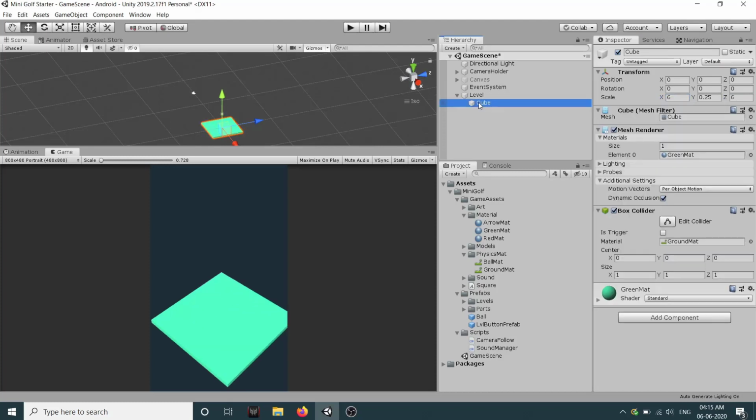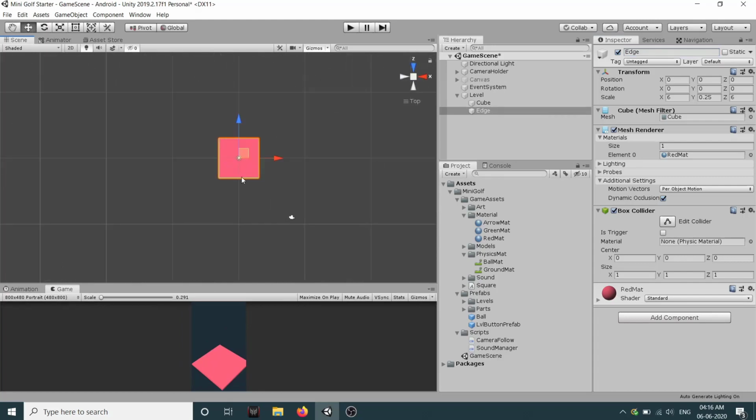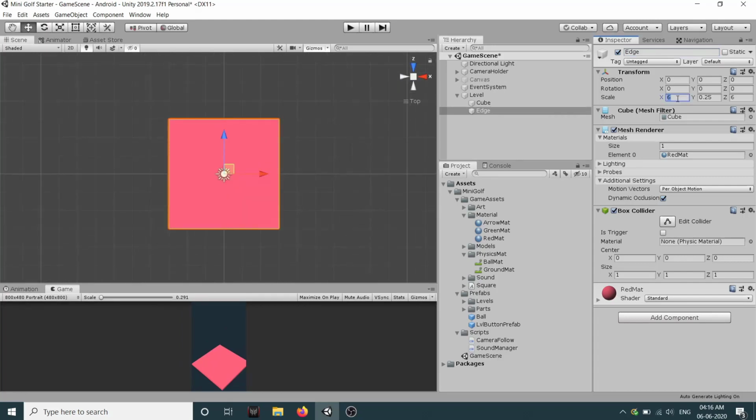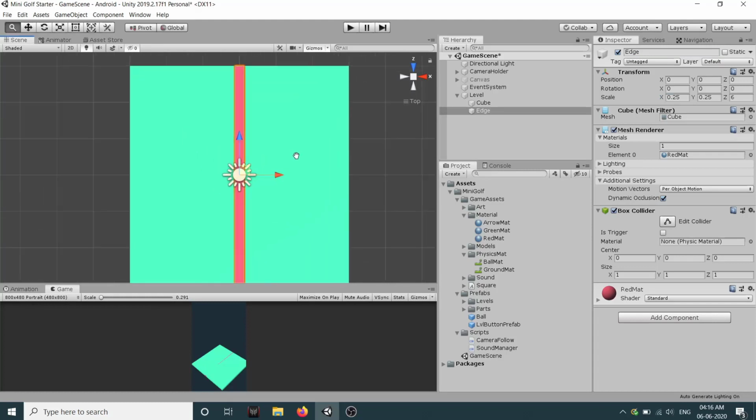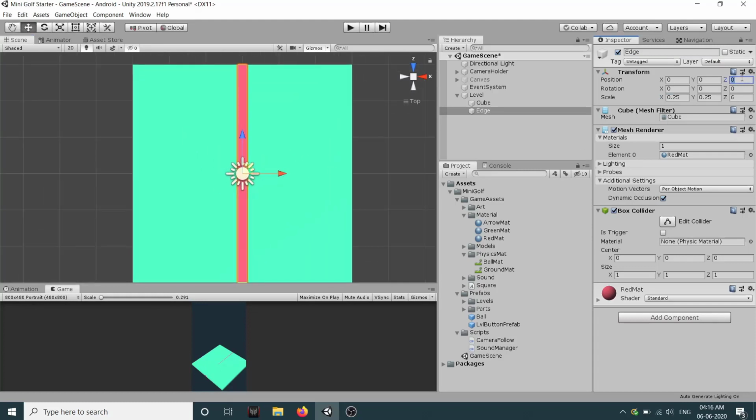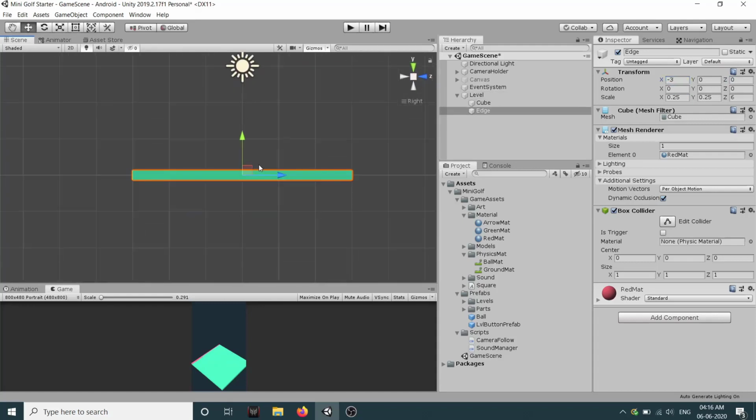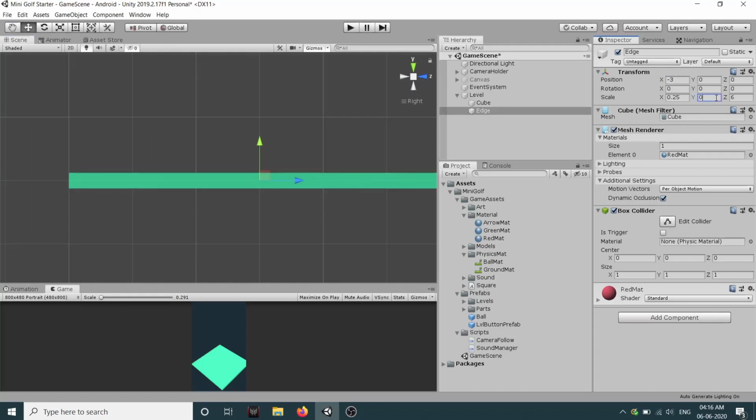Okay, after that right click and duplicate. Here I won't need this material, I will just remove this, and instead of green material we will add our red material. So this will be our edges, so edge. Now for our edge, let's change the view. Just click it here. What we will do is we will set our x to 0.25. Okay, and let's move it to -3, and let's go to our x and see. I will just change it to 0.5 and I will move it up.